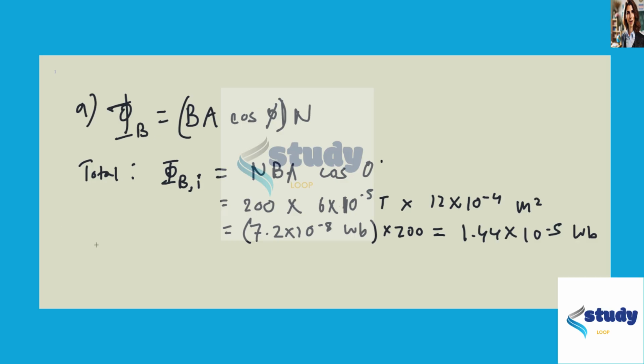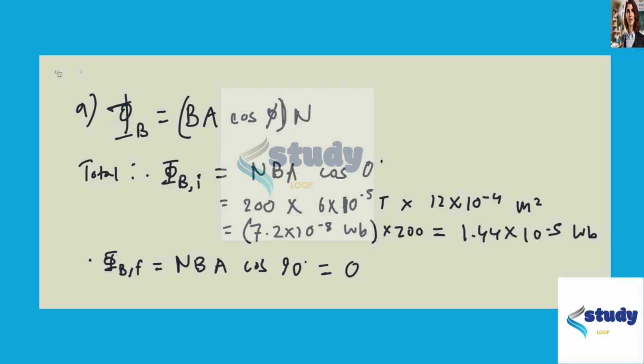That's the unit. And that is before. And after, you have phi sub B f, denoting final flux, is N B A again times cosine 90, because it's rotated 90 degrees, and cosine 90 is 0, so this is 0. All right, and in part B,